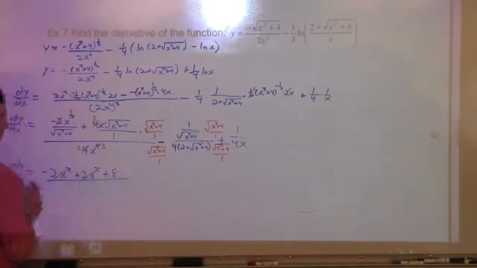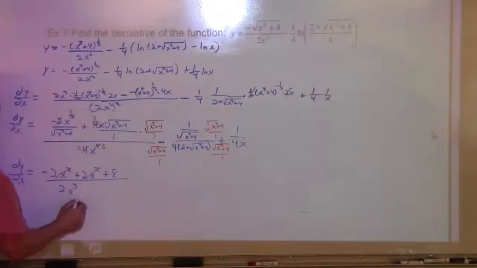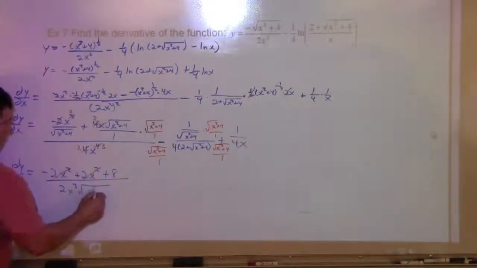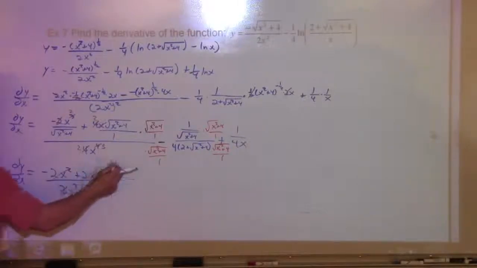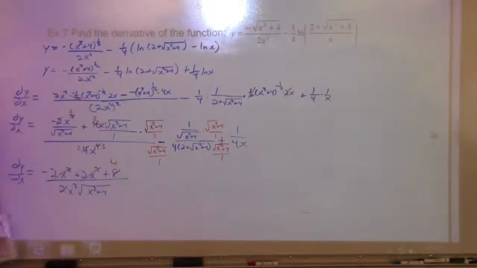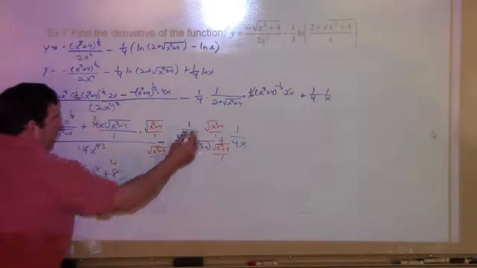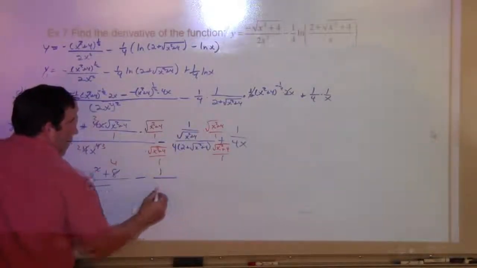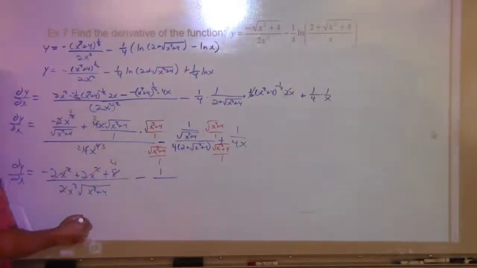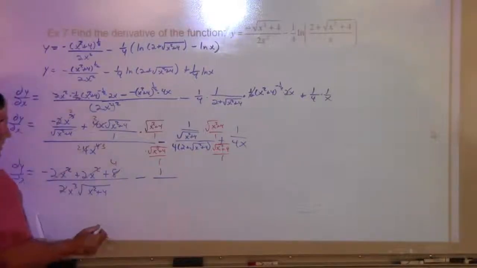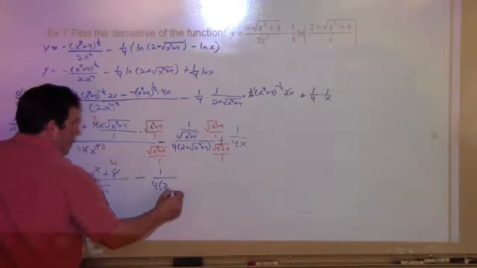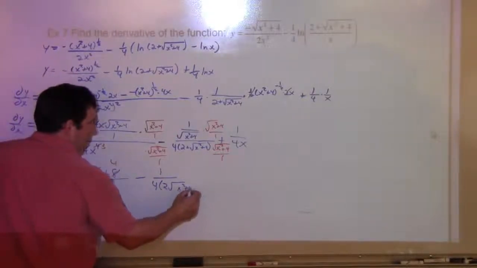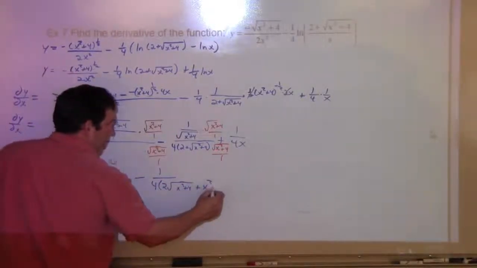And down below, you're going to have 2x cubed times the square root of x squared plus 4, and this 8 would reduce with this 2, leaves that as a 4. Then next we have what? That's going to cancel, leaves a 1 on top. Down below, it's really not nice down below, but it's not too bad. 4 times 2 times the square root of x squared plus 4 plus x squared plus 4